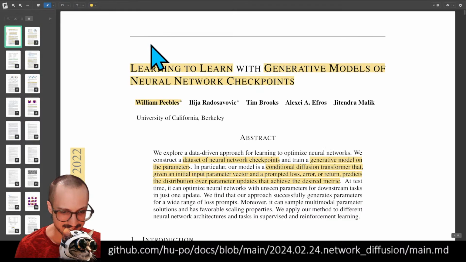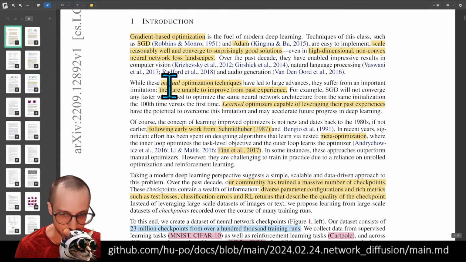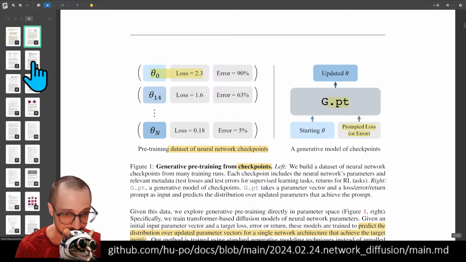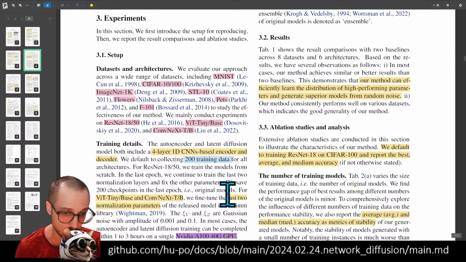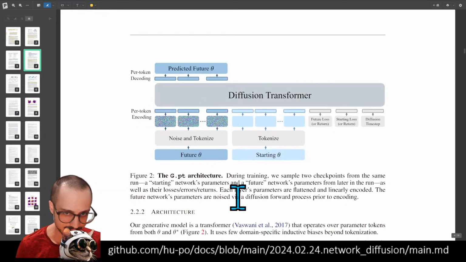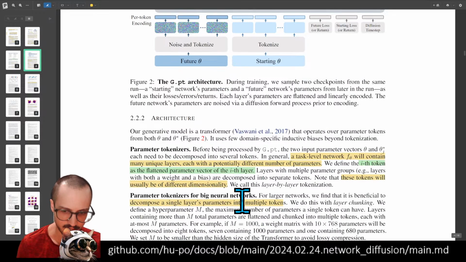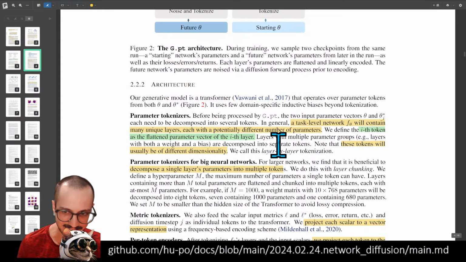You know, that's not necessarily great. At least in Peebles' paper here, the diffusion model that they use is a transformer. So this is actually quite modern. For a 2022 paper, the diffusion model usually is something like a UNet, which is a convnet, or here in this 2024 paper, they're using a one-dimensional convnet. But in this 2022 paper, Peebles is using a transformer to diffuse, and not even in the latent space, it's diffusing directly in the model parameter space, where the model parameter space is basically taking all the layers,